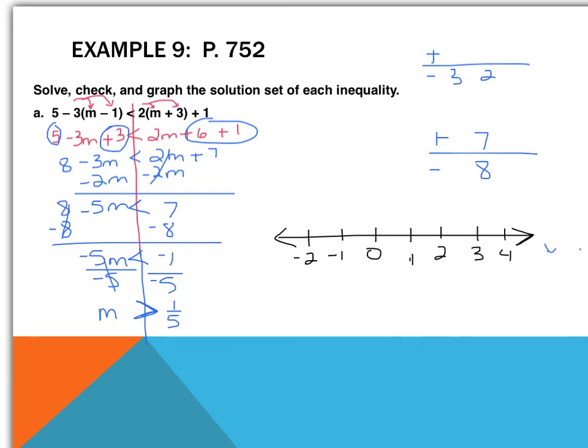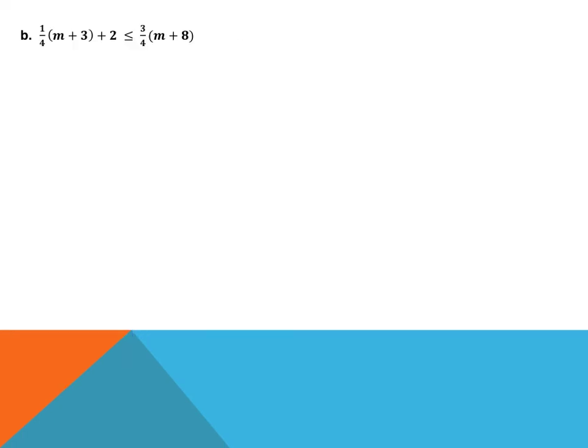Positive 1/5 is going to be just after 1 whole, and it's greater than, so it's parentheses shaded to the right. The arrow represents positive infinity, so then my solution in interval notation would be 1/5 to infinity. Alright, so for b,